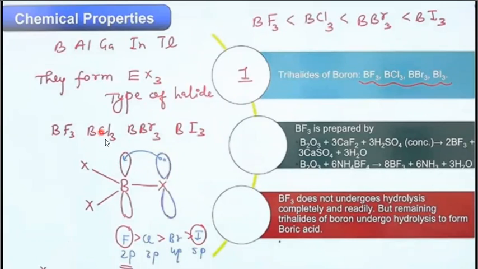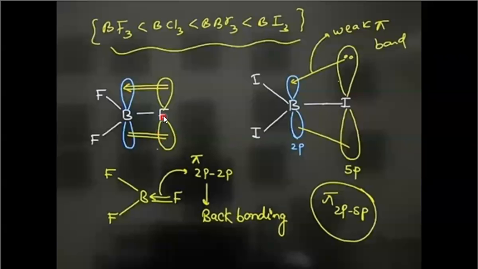But as we are moving away and away, that means we are moving to iodine, the involvement of 5p will be there. That means 2p of boron will be overlapping with 5p of iodine. So 2p, 5p overlapping will not be successful or not be very stable. Just you see, in fluorine and boron, the size